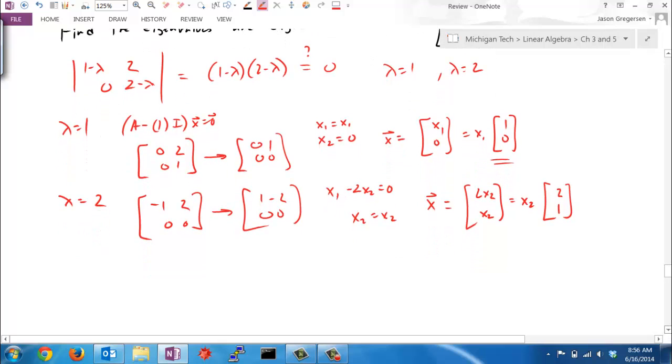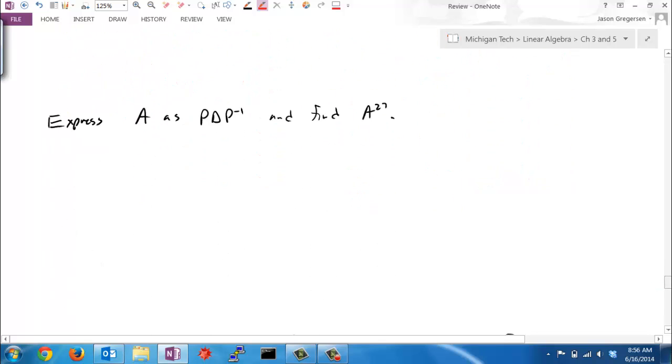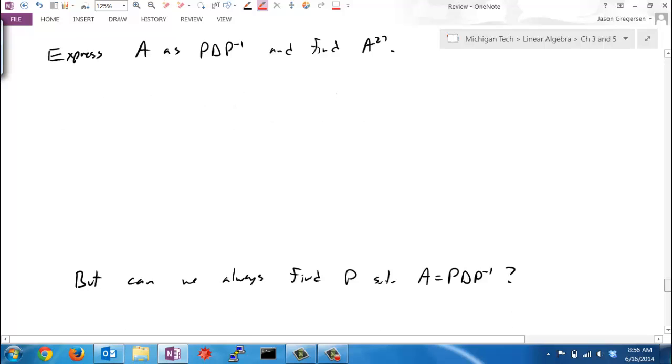So now I have two eigenpairs. When lambda equals 1, the eigenvector is (1, 0). When lambda equals 2, the eigenvector is (2, 1). And I can put them into that diagonal form. So the next thing we're going to do is just do that calculation. You've seen that a couple times now, and that's on the quiz, so you can see the solution that I've written up for that one. And then the parting thought,